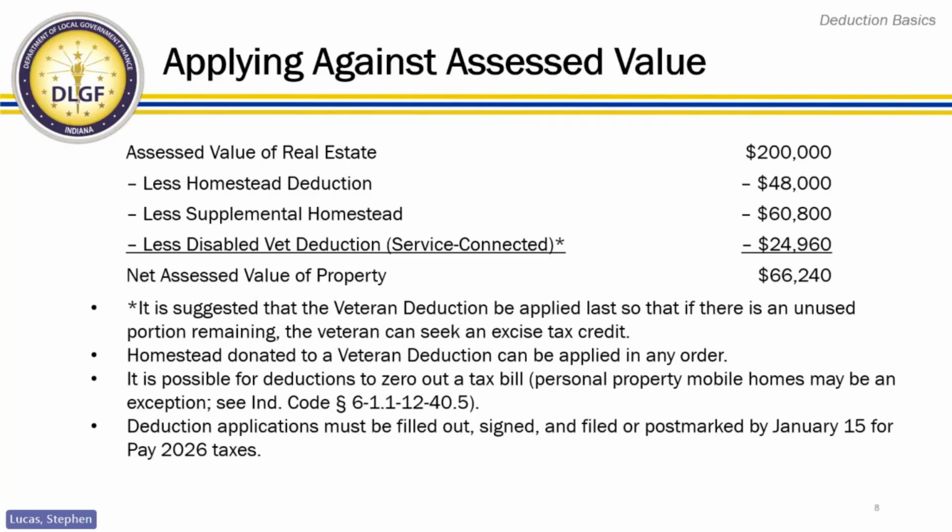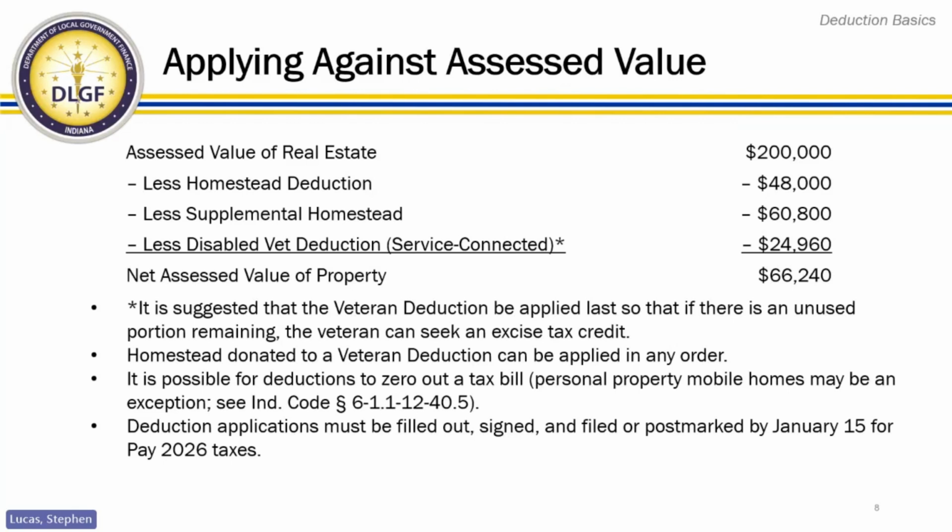So we subtract that from $200,000, that leaves $152,000, which we then multiply by the amount of the supplemental homestead deduction, which for the current 2025 pay 2026 is 40%. So that's how we get that $60,800. And finally, in this example, we have a deduction for a disabled veteran. So here we have a deduction for $24,960. So those three deduction amounts are subtracted off of the gross assessed value. After you subtract those, you're left with the net assessed value, which is the amount that would be multiplied by